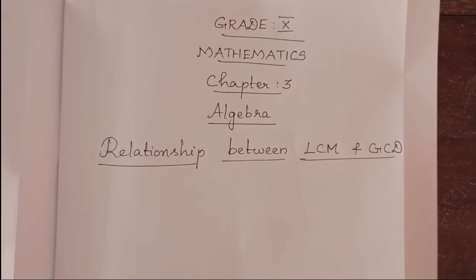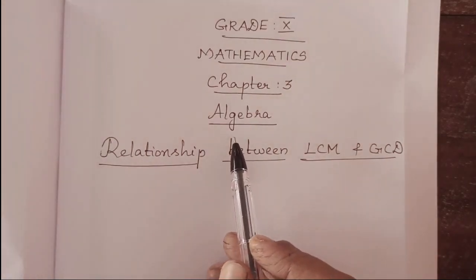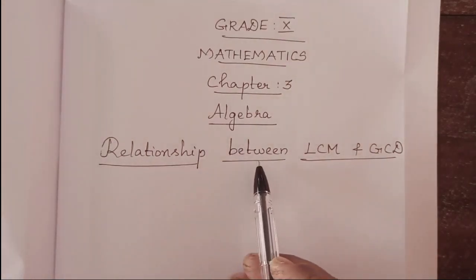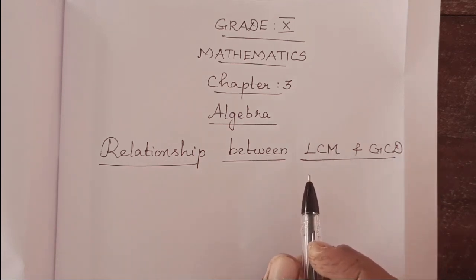It's me, Asha, from the Department of Mathematics. In the last class we learned about finding the LCM of two polynomials, and I think you have completed the 3 homework problems I gave. Okay, today, in the same chapter, we are going to learn about the relationship between LCM and GCD. We are going to derive one formula.